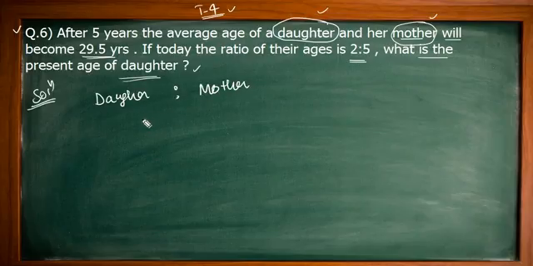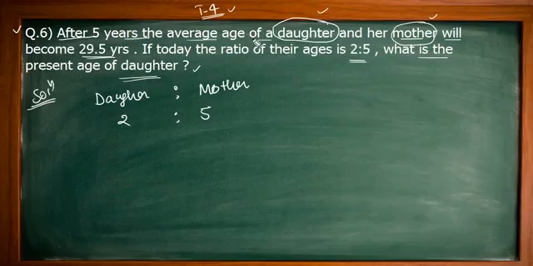See, the ratio of daughter to mother is 2:5. The ratio is given here, 2:5. And what is the present age of daughter? Okay, see the first line: after 5 years the average age of daughter